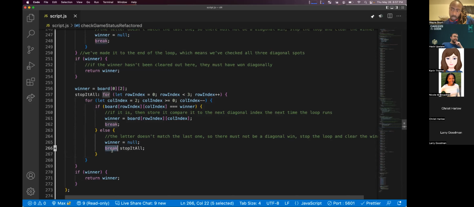But what break does is it assumes to break out of the nearest parent for loop. So because I broke here, it's going to break out of this for loop here. But if I wanted to be able to break out of a loop further up, I can do what is called a label and put a label on my for loop. And then when I use my break here, I tell it what label I would like it to break out of. And because I specified a label, it knows to break out of this outer for loop all the way up here, which would also break out of the inner for loop. Wow.